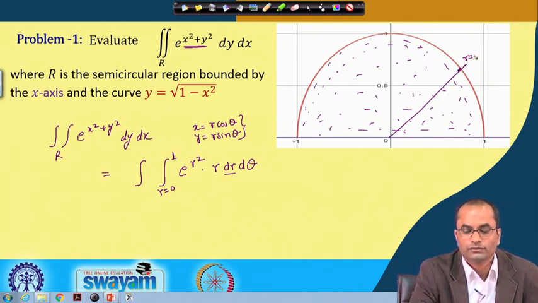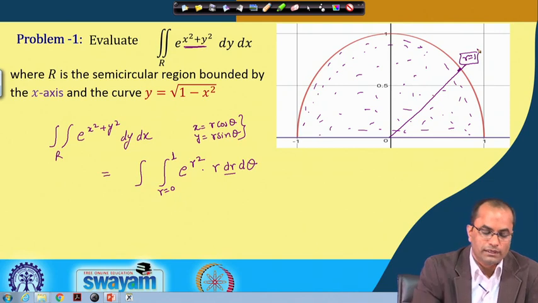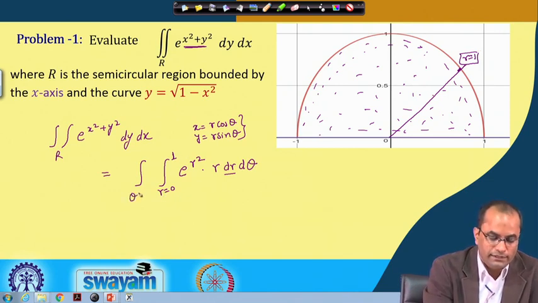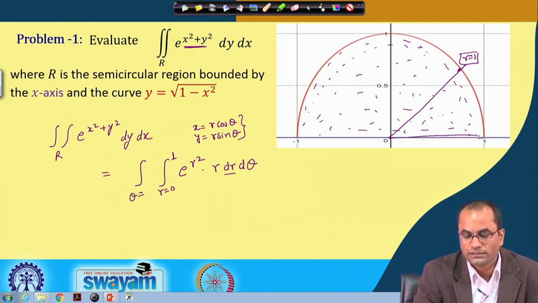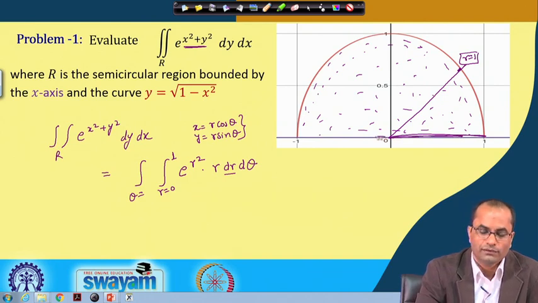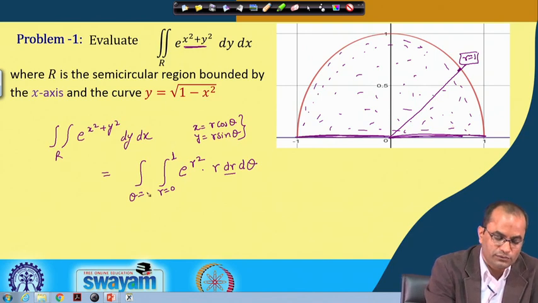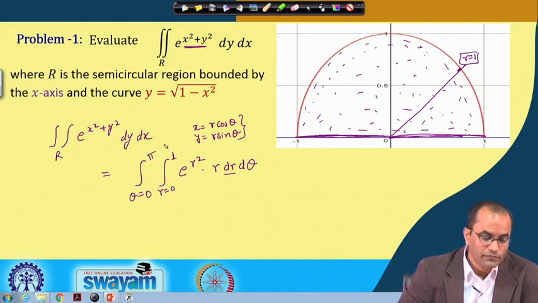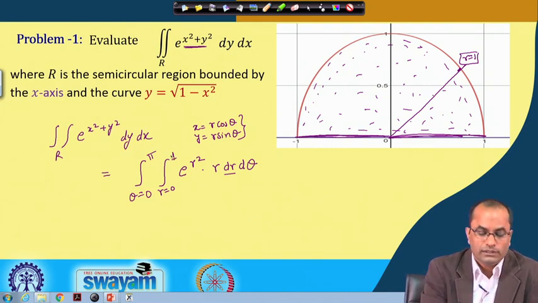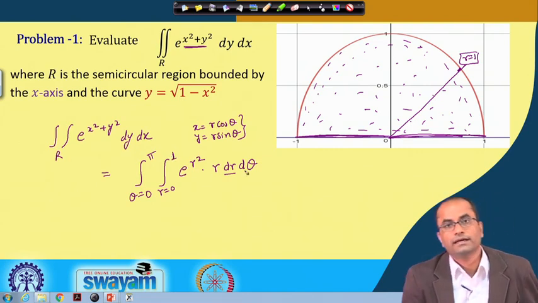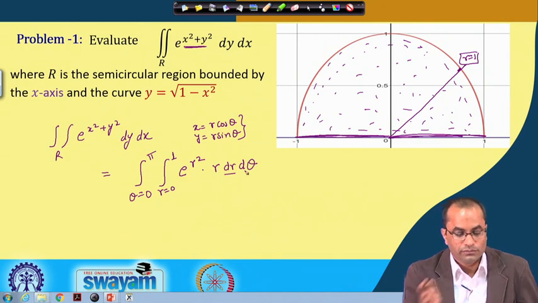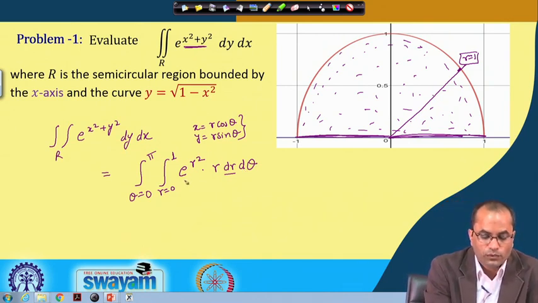This is r is equal to 1. So, r is moving from 0 to 1 and theta is going from, so this is theta is equal to 0, and then we will reach to this part here by theta is equal to pi. So, theta from 0 to pi and r is 0 to 1, e power r square and r dr d theta. And now if we look closely here, direct evaluation in the form of this Cartesian